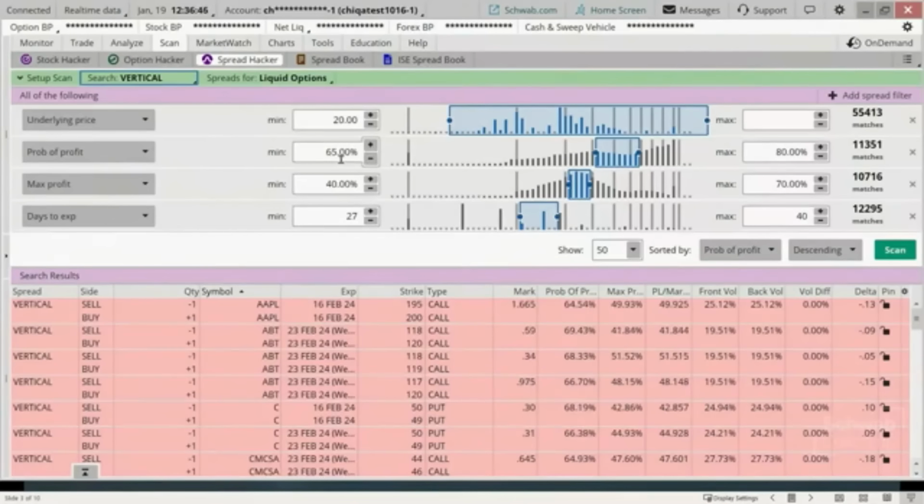65% minimum. Now, you may ask, why did you cap that out with something? Why not just put 100%? Wouldn't a 95% probability sound good?